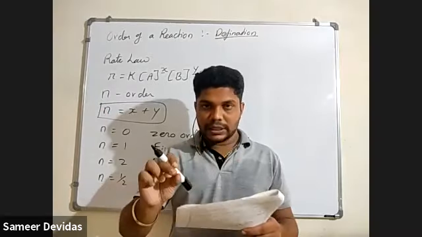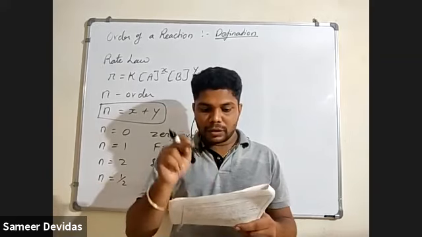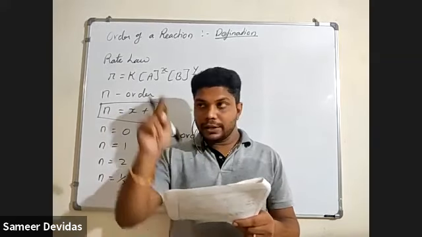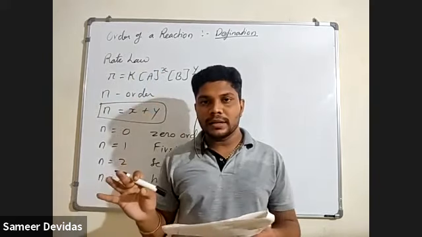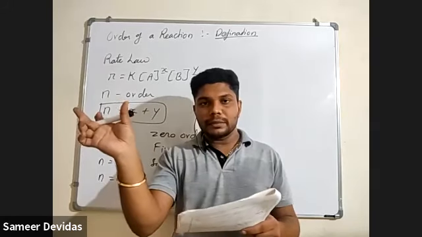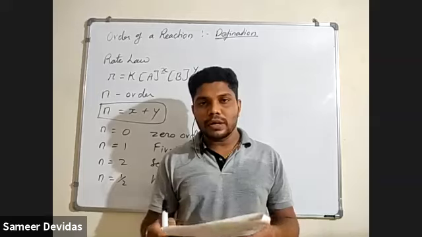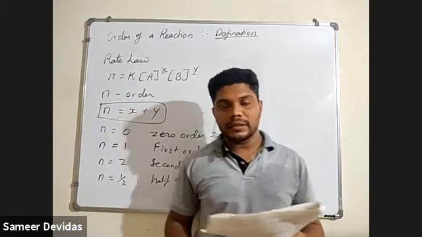Zero order. Second case, again the chemical reaction is given and the rate law is given. Important is the rate law. Rate is equal to K [NH4NO2], and nothing is mentioned. Whenever nothing is mentioned, what is it considered? 1. So in that case, only 1 is there. There is no second substituent. So what is the order? 1, first order. Then third, rate is equal to K [NO2] squared. Which order? 2, second order.